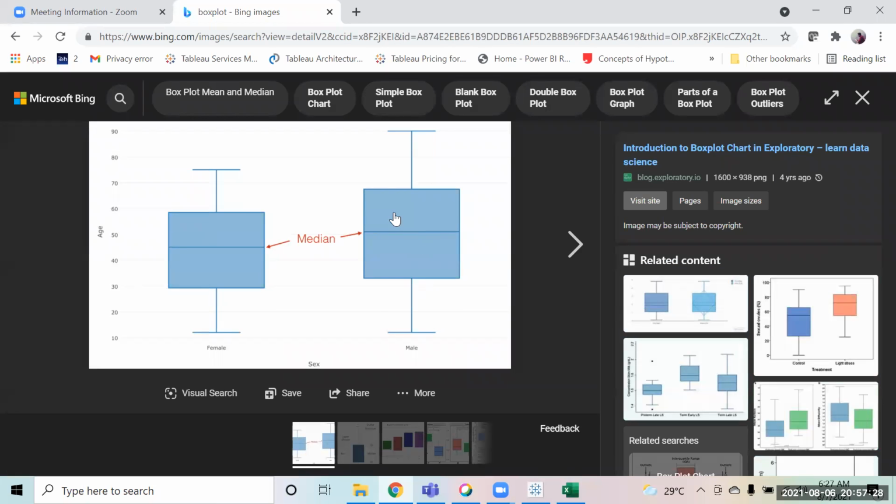Now this is a box plot. This is a simpler one to understand. Now this is how a box plot looks like. So this is a box plot for female and this is a box plot for male. So when you create a box plot it will give you